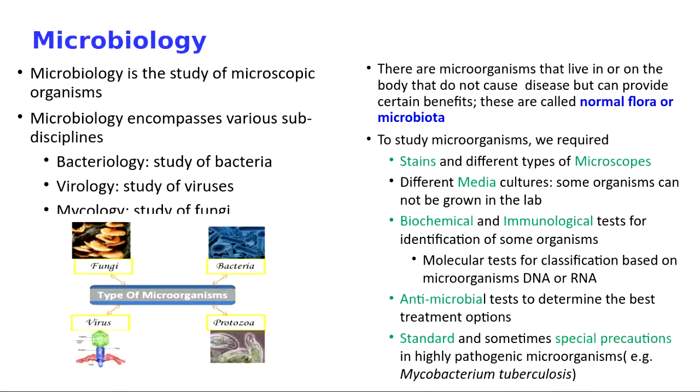Then we want to determine what is the best treatment, the best way to get rid of those organisms if they happen to infect the human body. So we use different antimicrobial tests to get the susceptibility, to see which antiviral, antifungal, antibacterial, antiparasitic substance can get